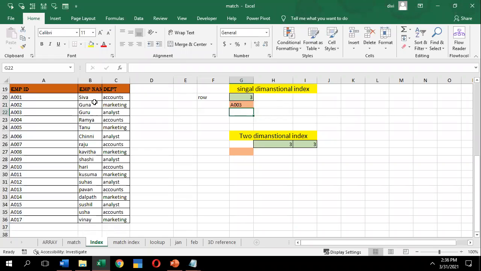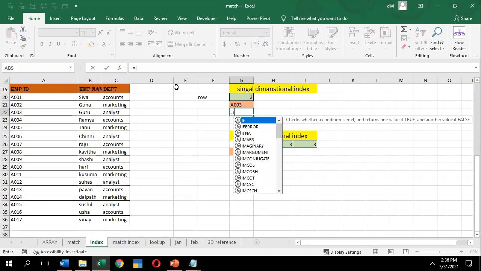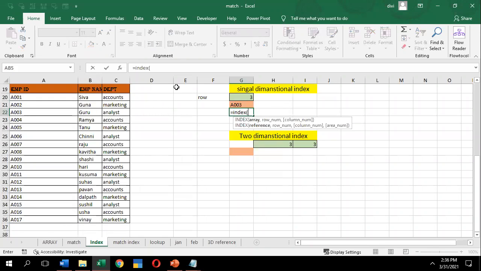Or you can do it one more time. Say I want the employee name. I'll use the formula INDEX, open the parenthesis. I want Guru, whose place is third. So let me select the array, from Shiva to Vinay, comma, row number, the third. Either you can type it or select it. Close the parenthesis, enter.